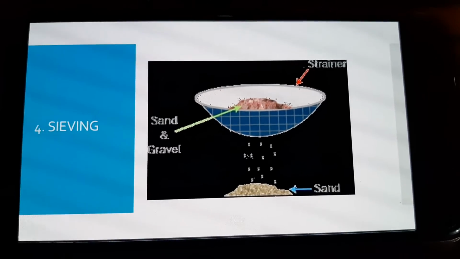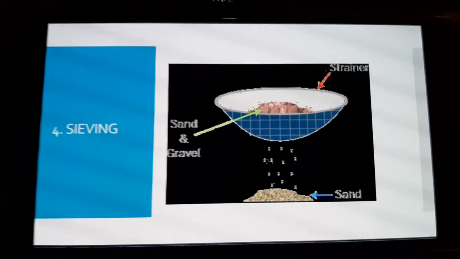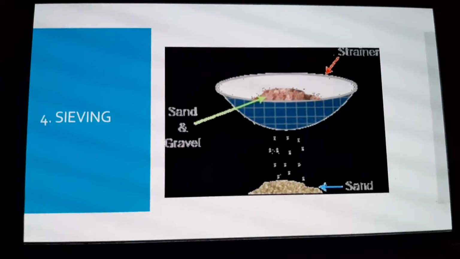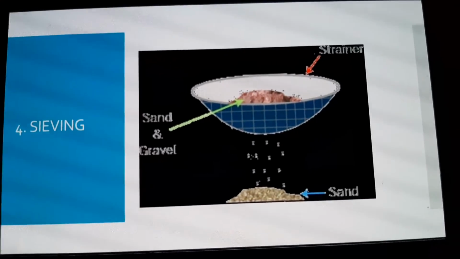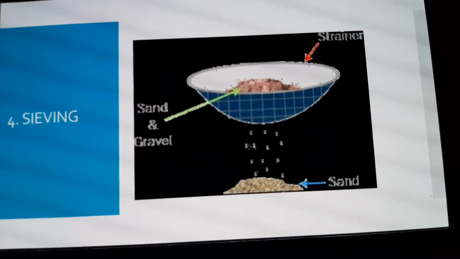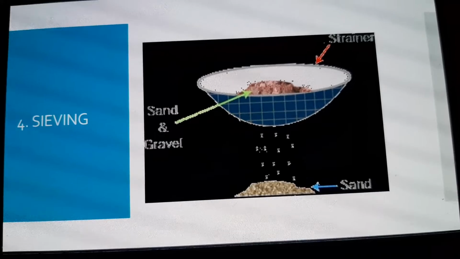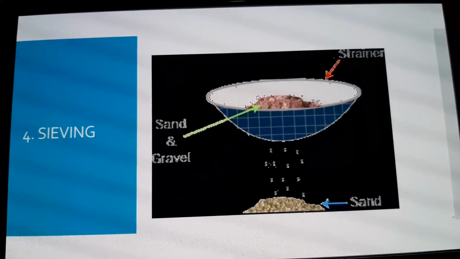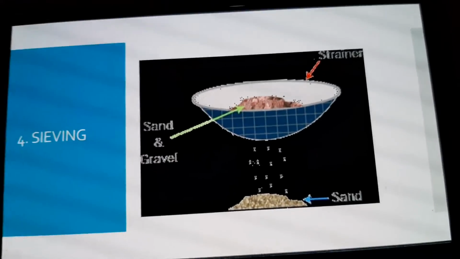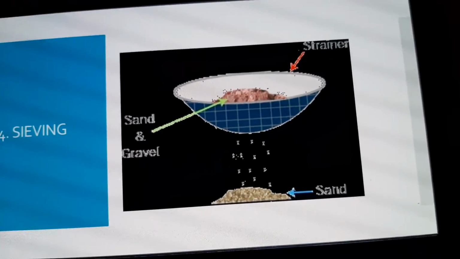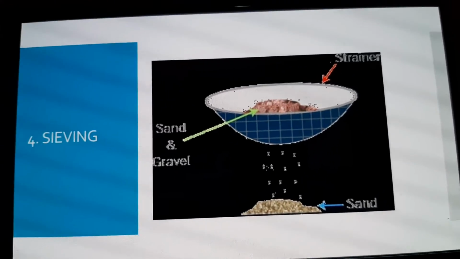We have started chapter number 5, that is separation of substances, from the course of your syllabus, and we are discussing the methods of separation. In our previous video, we discussed the first three methods, that is winnowing, threshing, and handpicking. Now we're going to start with the fourth important method of separation of substances, that is sieving.